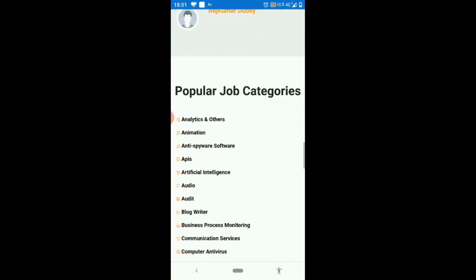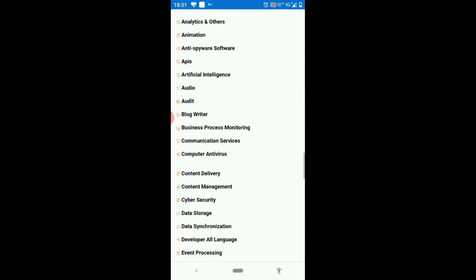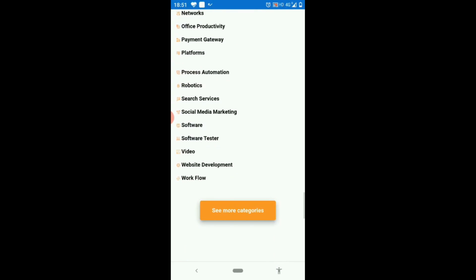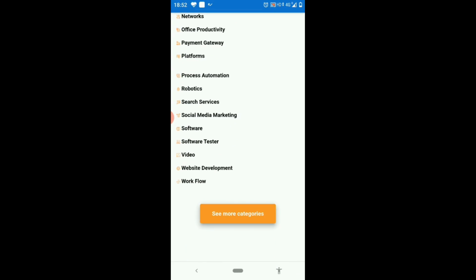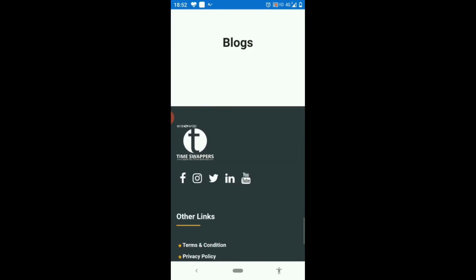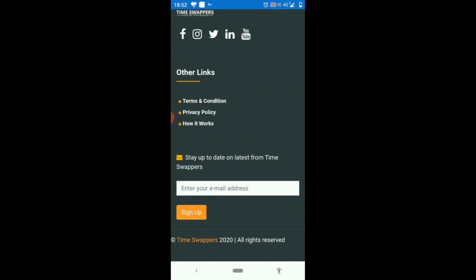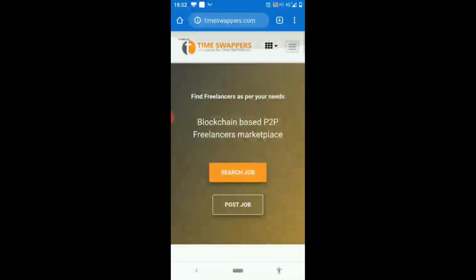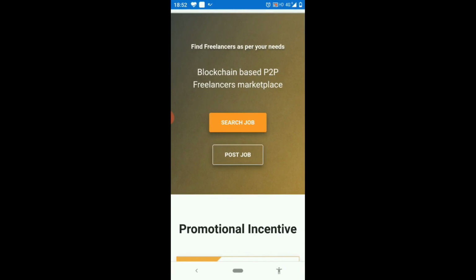You can also see popular job categories. More than 50 categories are listed on Time Swappers, so freelancers can list their services as per their skill set. You can find some of the terms and conditions and privacy policy here. So this UI is really nice. I'm very excited.